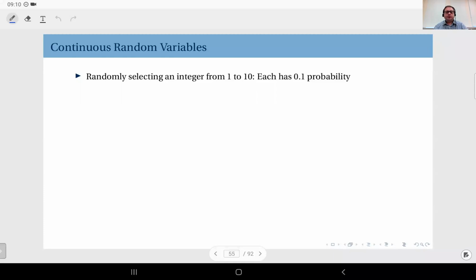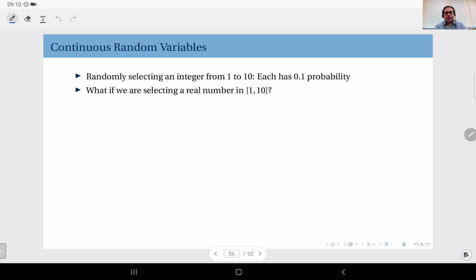But the key thing about this random experiment is obviously that the possible outcomes are discrete. We can list them, we can refer to them separately. Okay, so they are discrete values. The sample space is discrete, therefore this produces a discrete random variable. On the other hand,